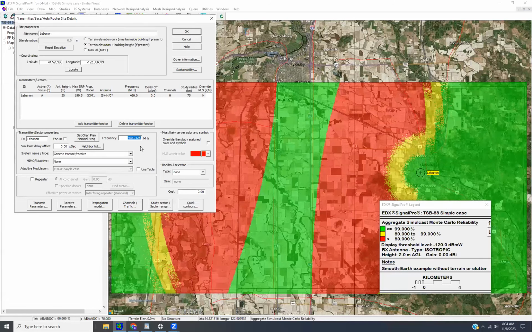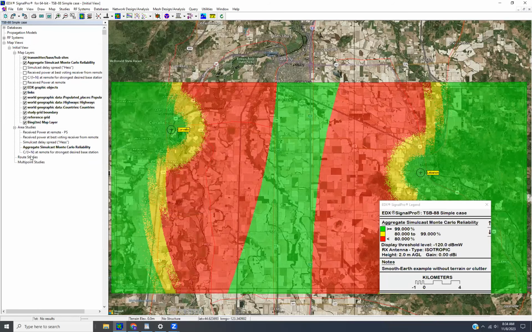So all of that means that hopefully you'll be able to cut out some of that excess work that needed to be done in the GIS platform to make a finished unified reliability map for your customers. If you've run the aggregate simulcast Monte Carlo reliability, that will be your downlink reliability, and then the